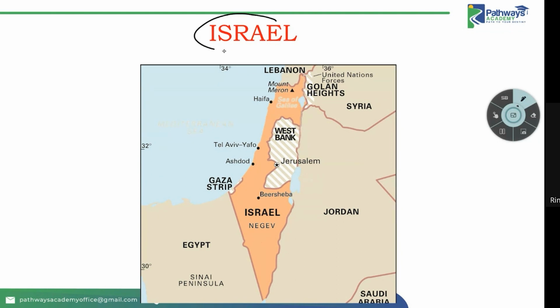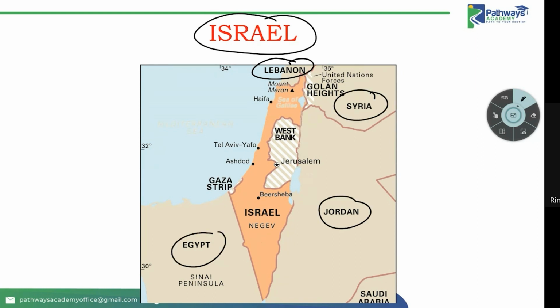For the newcomers, we are just telling that Israel is bordered by Lebanon, Syria, Jordan, and Egypt. Okay, this may be a question this year. The nations which encircle or bound Israel are Lebanon, Syria, Jordan, and Egypt. Okay, then